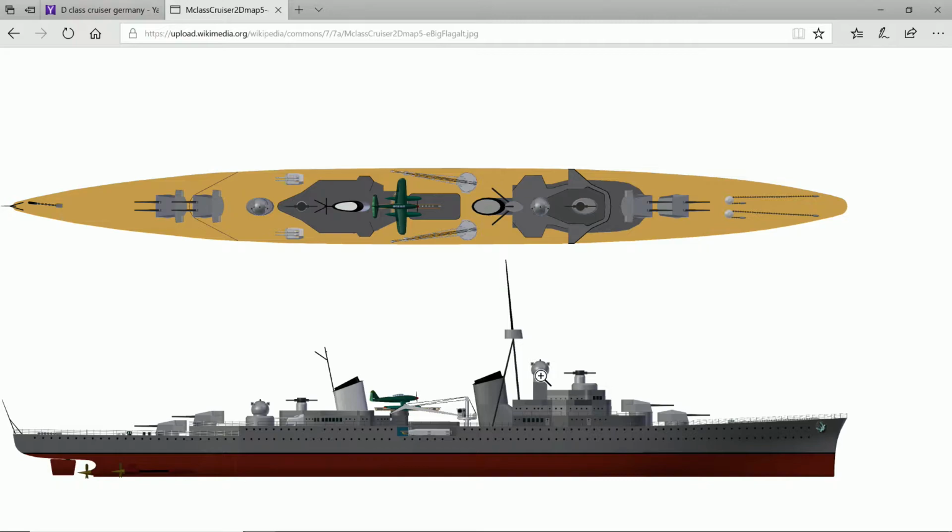This is kind of funny. This is the M class, and I put the advanced anti-air rangefinders here. This one in the back isn't too bad, but I got it on a conning tower. I doubt they would have had a conning tower in the rear, so I could probably remodel this. This should just be more of a superstructure, or actually this rangefinder for the guns might be more to the rear here. They would have probably moved that back, and then they would have probably put this rangefinder on top of this